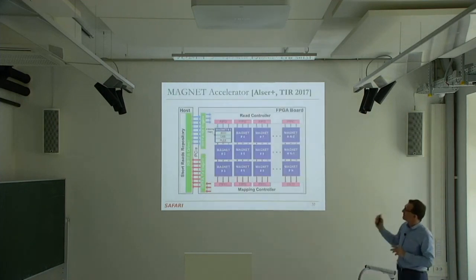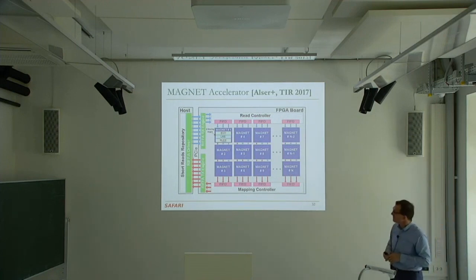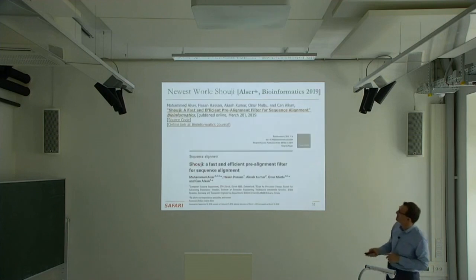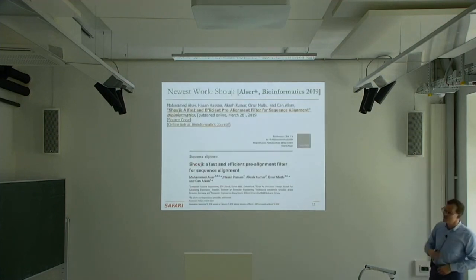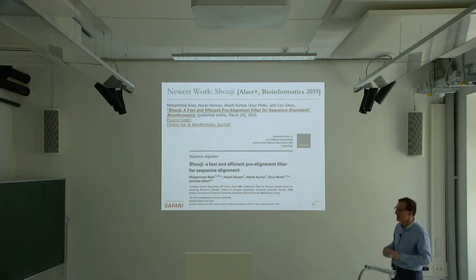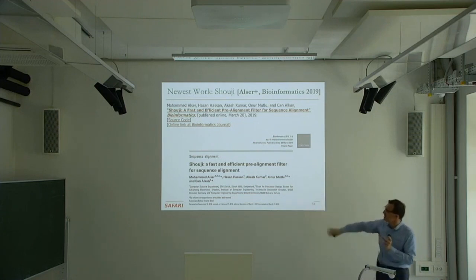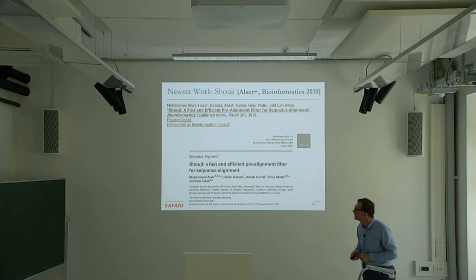And this is one of the latest accelerators. This is one example architecture, internal FPGA architecture, is one of the accelerators. Here we wanted to improve the accuracy at the expense of speed a little bit, but you can read the papers. And this is our newest work. Actually, this speeds up the mapper by another 10x. Again, I'm not going to go into the idea. The idea is a bit more complicated here. By looking at smaller windows of small substrings, you can actually accelerate things much faster in this case. And it turns out, as I said, it speeds up the mapper another order of magnitude. Again, on an FPGA.